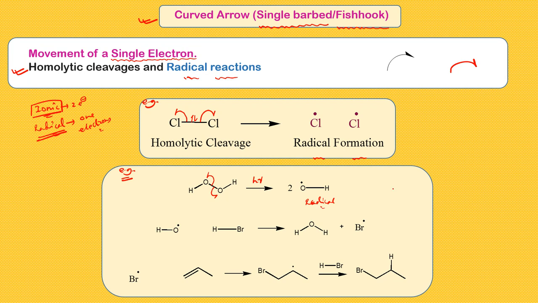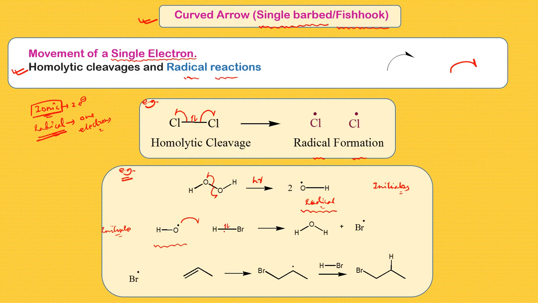As peroxides are generally used as initiators, once these radicals are formed in this reaction, the radical will initiate the reaction. That means it will start the reaction. So this hydroxyl radical will react with this hydrogen bromide, and the hydrogen bromide is again